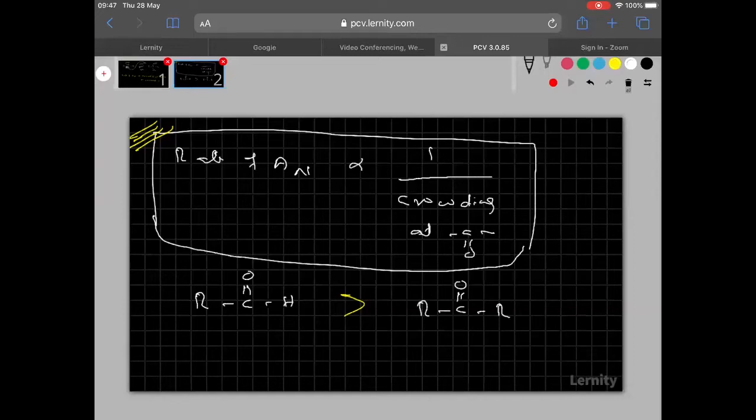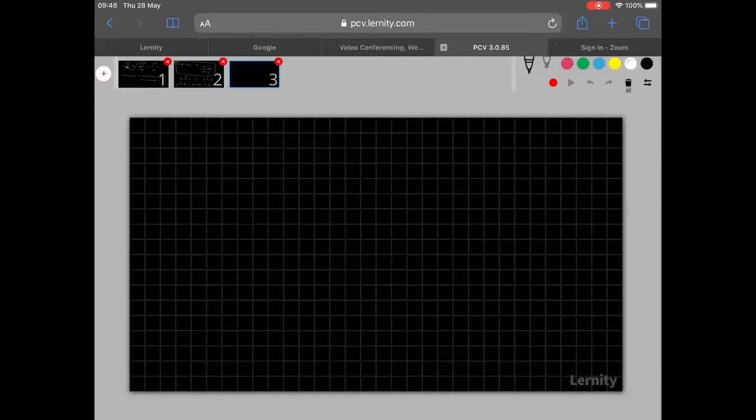Now, see clearly, here I want to discuss one more important thing. If I take formaldehyde, next the aldehyde, next the ketone, among these three, which is more reactive? The first one has very little crowding, only two hydrogens are there. In the second one, one R is there. In the third one, two R's are there. Crowding is increasing, so the rate will decrease. Is it clear? Let us go to the next one.